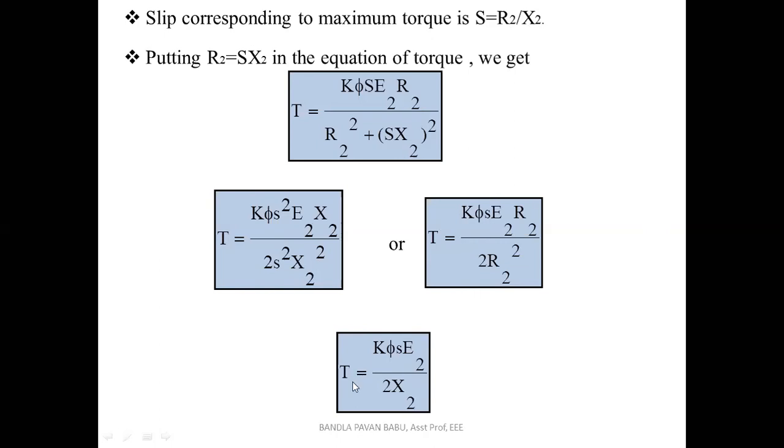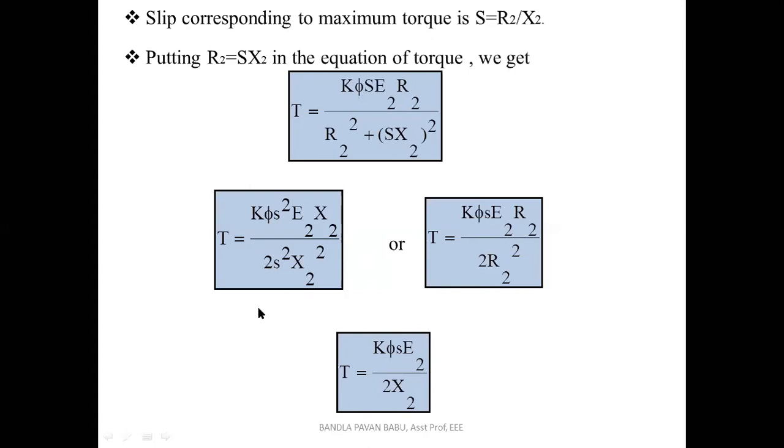And the final equation is torque T equal to, so here you can see x2 square is there, here x2 is there, so one term gets cancelled in the numerator, and again s square is there here, and here also s square is there. Okay, so it gets cancelled there. So finally what is the equation? T equal to k5 s into e2 by 2 x2. Okay, this is obtained from this equation, so k5 s into e2 by 2 into x2. So this is obtained from this relation.